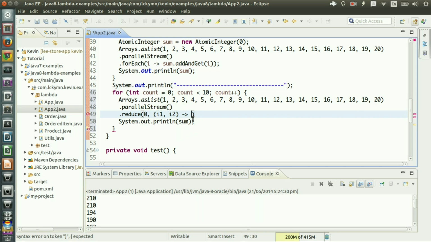In this case the computation depends on what you want. Here I want to get the sum, which means I need to add every single int value stored in this list. So I simply need to do i1 plus i2,